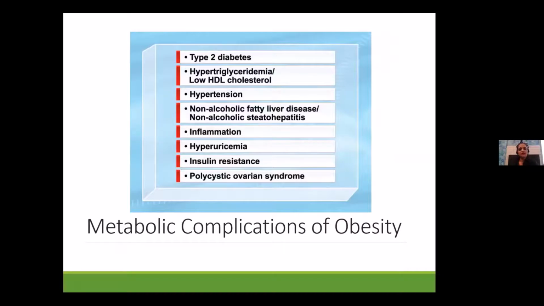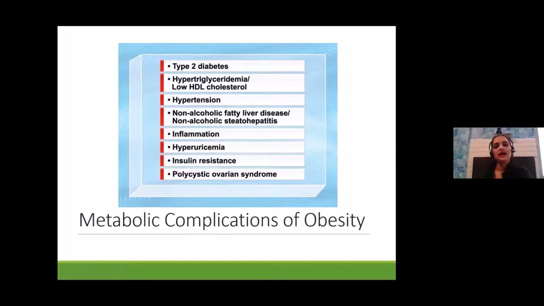The incidence of type 2 diabetes has increased. Hypertriglyceridemia and low HDL cholesterol have also increased. With obesity, there are higher chances of hypertension, with more than 26% of hypertensive women and more than 28% of hypertensive